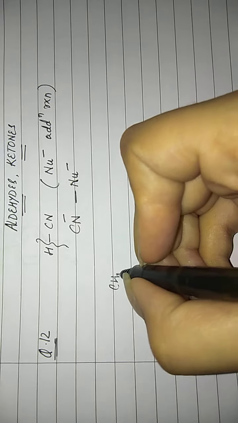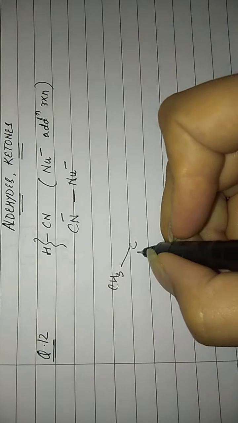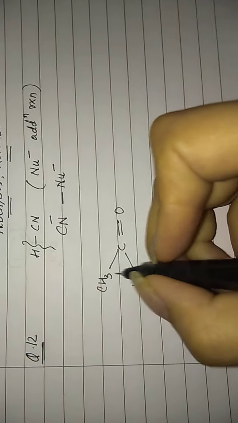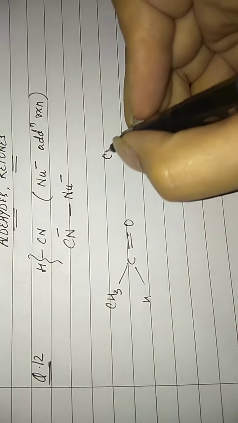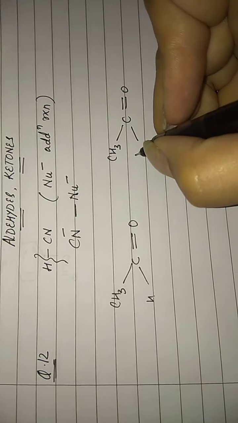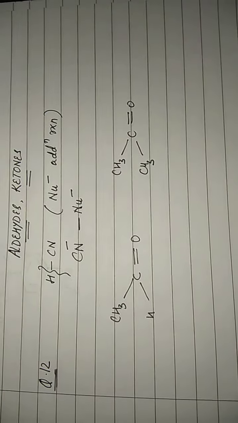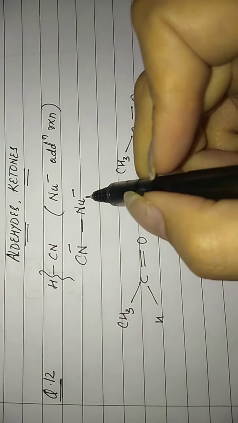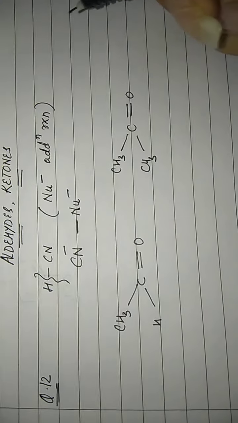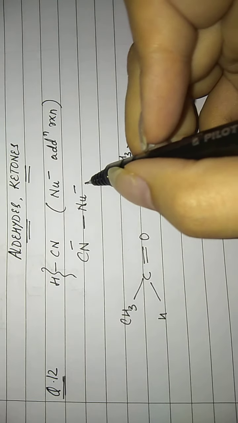What I need to explain over here is, let us consider two compounds where one is an aldehyde, CH3CHO, and the other is a ketone, acetone, I am taking for example. Now the nucleophile will always attack the positive center. More positive is the electrophilic center, easier is the attack by the nucleophile.